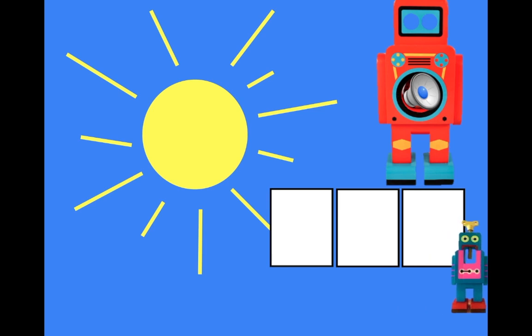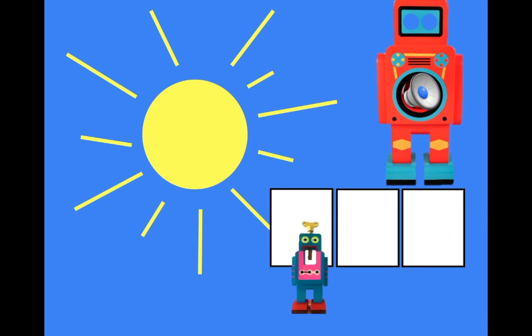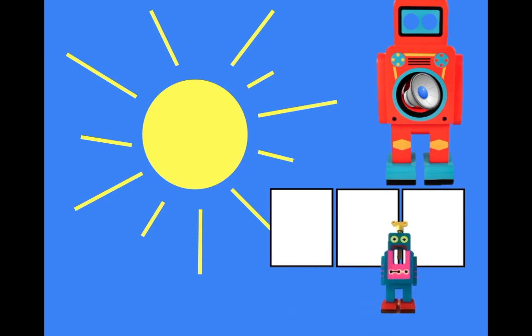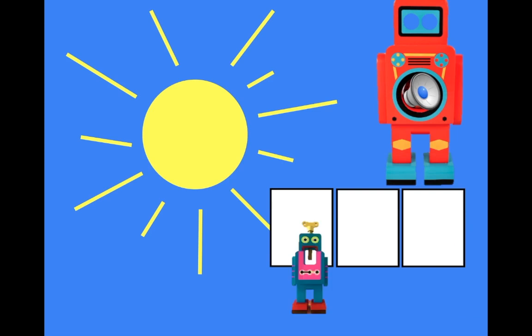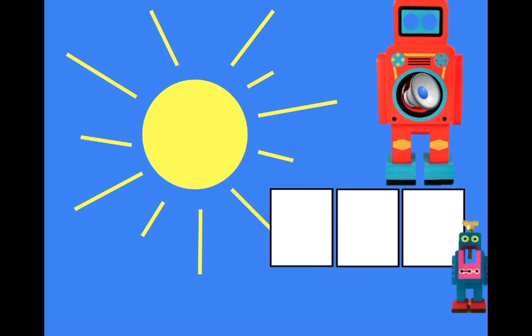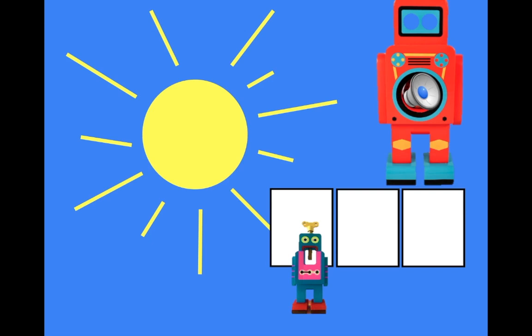S-U-N, and you can say it as the robot moves across the phoneme frames. And you can, using the go back button, do that as many times as you like, and the children can say it along with you. S-U-N. Sorry, I did that a bit fast. And when you've done them all,